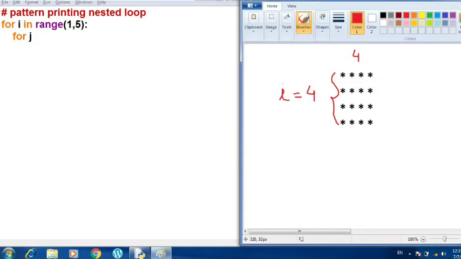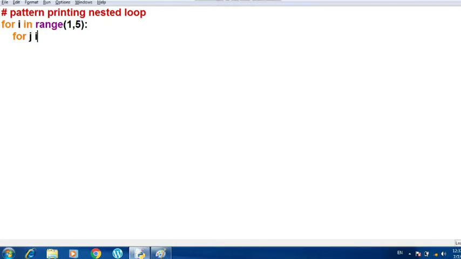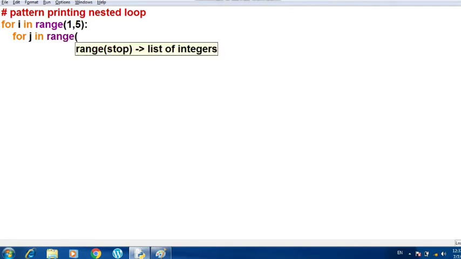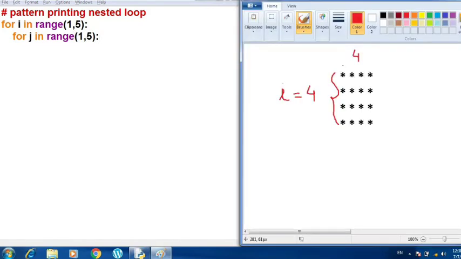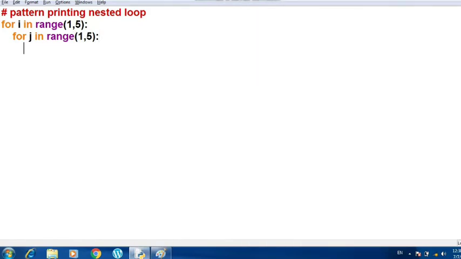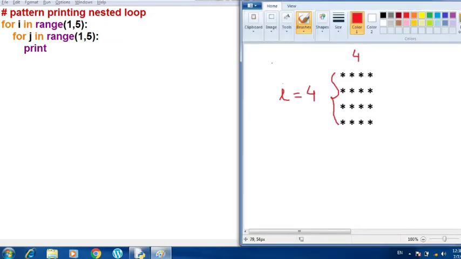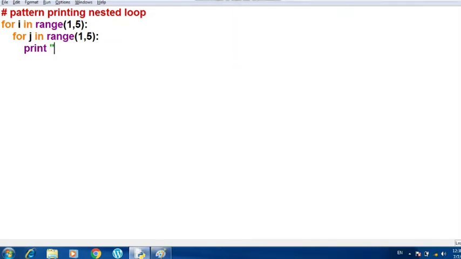So I will write here for j in range, again 1 comma 5, because I want it executed 4 times. Alright, now I am going to write the print statement here, print, and whatever symbol you want to print, you have to write under the print statement here. So I am writing here double quote and then the star symbol.